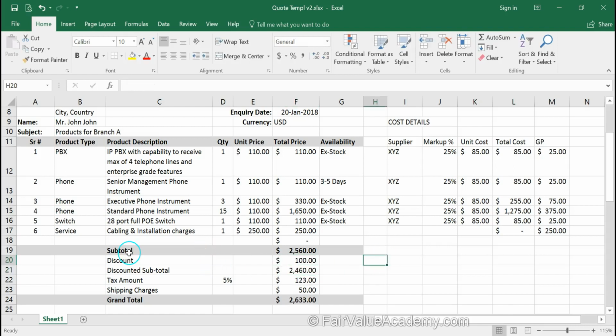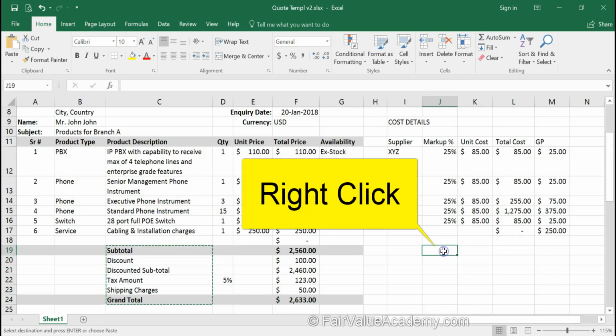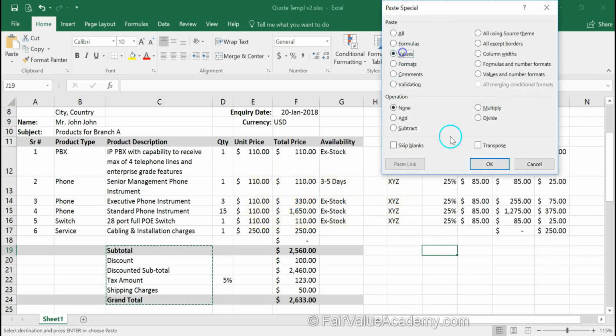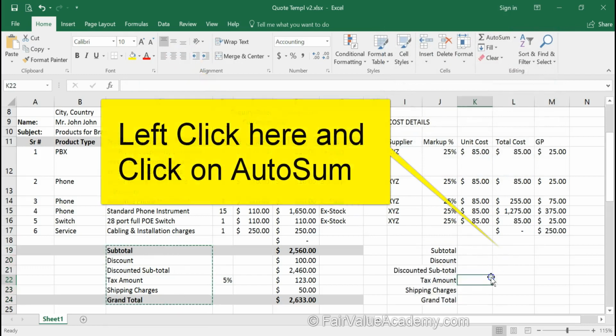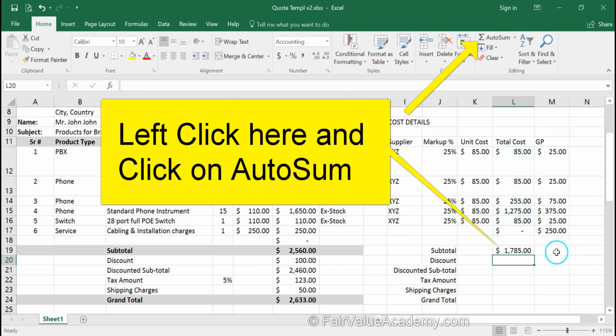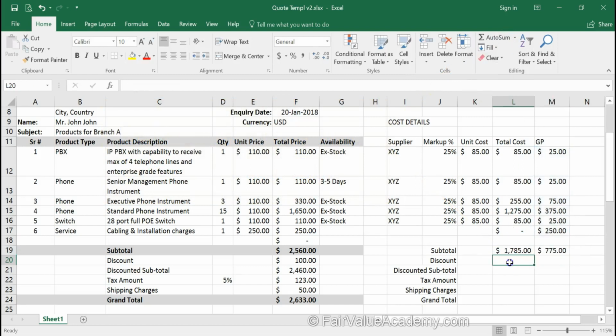Now we will have the same subtotal summary for cost area. So I'm going to copy this information and I will paste it here. I'm going to use paste special and values, and I will right align this information. Let's add subtotal for the cost, subtotal for the GP, which is gross profit, and discount in case the supplier has given you any discount, and this is useful when all the items are being procured from one supplier.